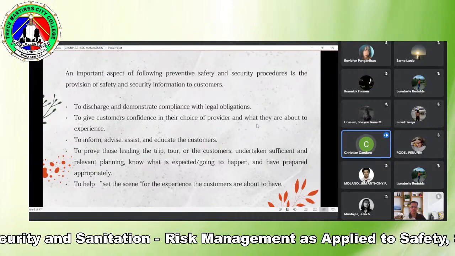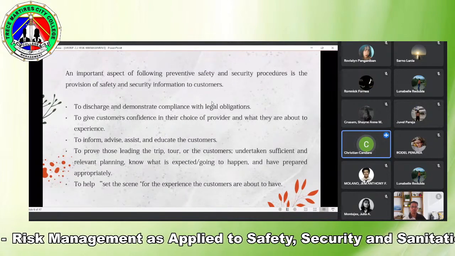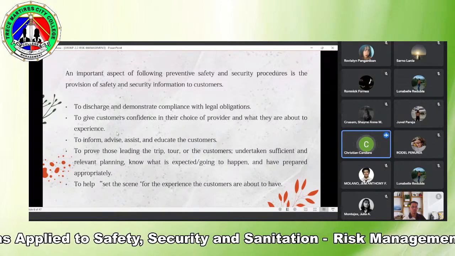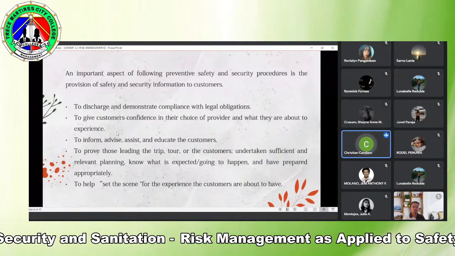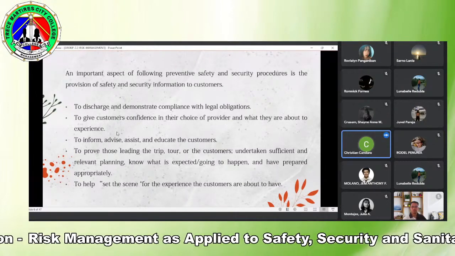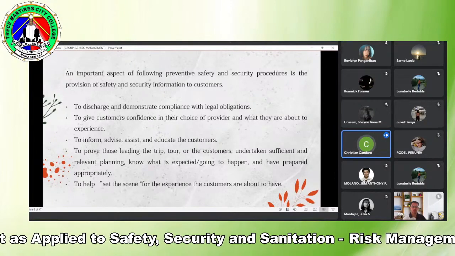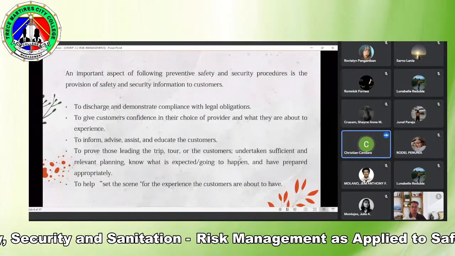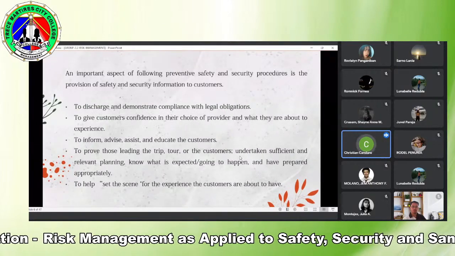First is to discharge and demonstrate compliance with legal obligations. State and federal laws prescribe standards for every industry, and in the hospitality realm, there are a number of relevant laws that service providers must follow. Laws on guest-tenant relationships, maintenance of public health through the creation of smoke-free zones and food hygiene standards apply directly to the industry. Legislation on customer safeguards such as protections from